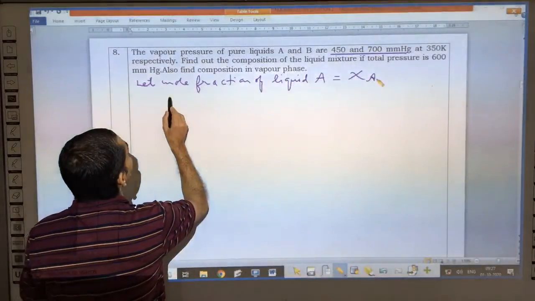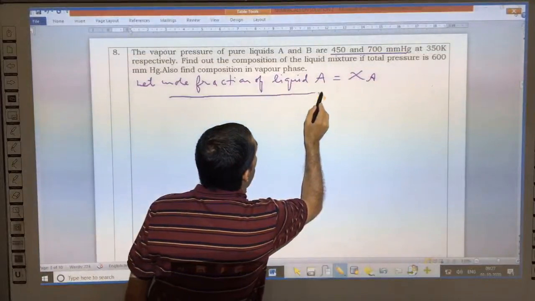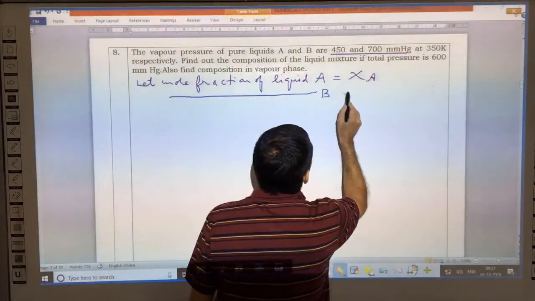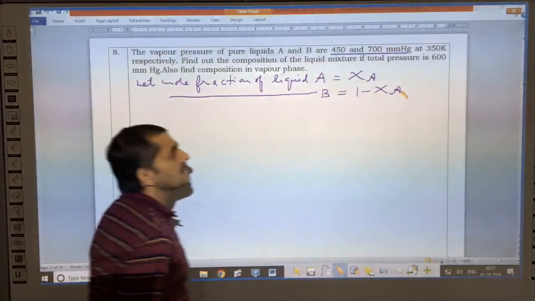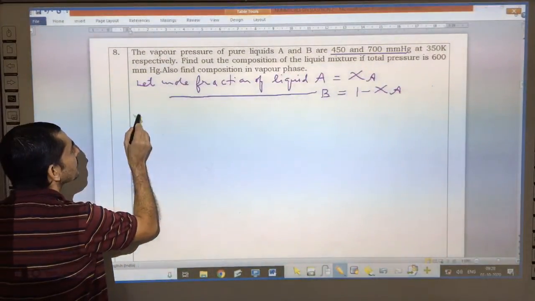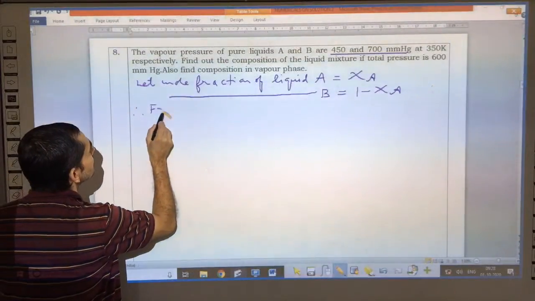Similarly, the mole fraction of liquid B is 1 minus XA. Clear? Therefore, from Raoult's